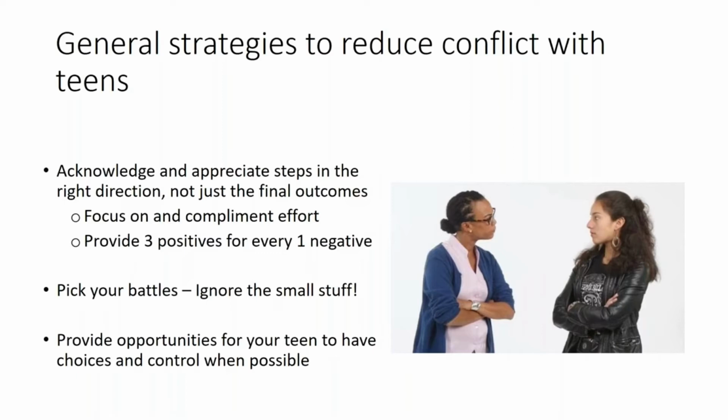The other helpful hint to remember this, focusing on approximations or steps in the right direction, is to go by the simple rule of trying to provide 3 positive points of feedback or comments for every 1 negative point of feedback you give. The reason this is so important is that we as human beings are evolutionarily attuned to attend to negative things. So when something has gone wrong, we want to put out that fire, and we often provide a lot of attention to that. So if you ask your teen to do something and they go and do it, you